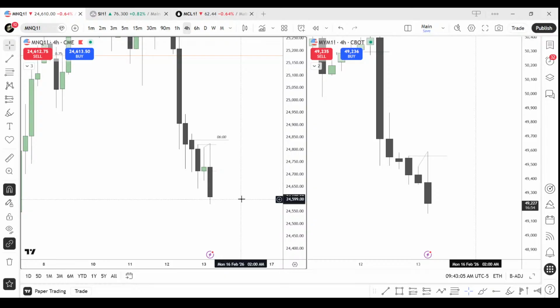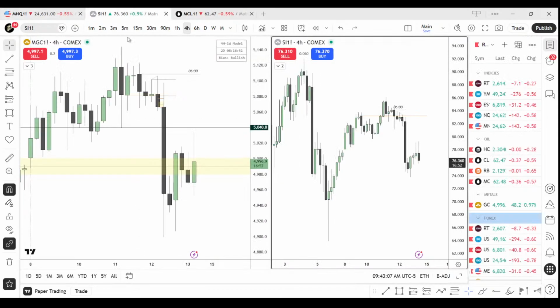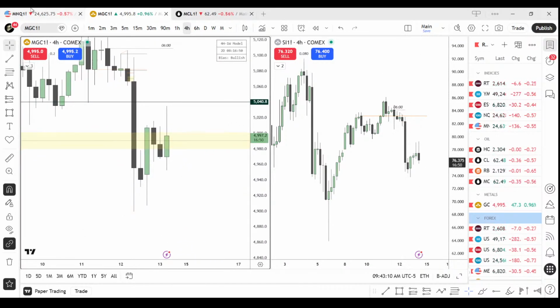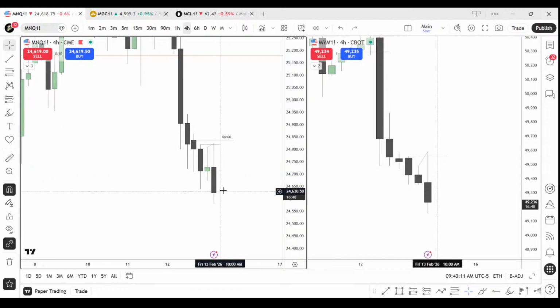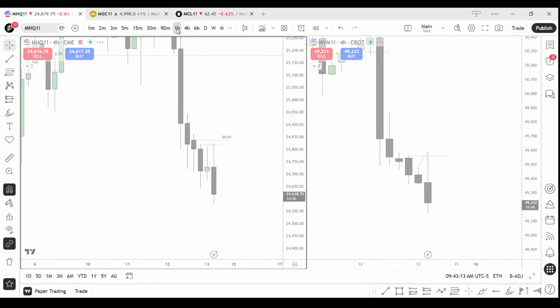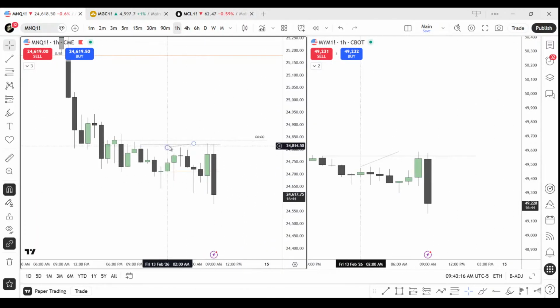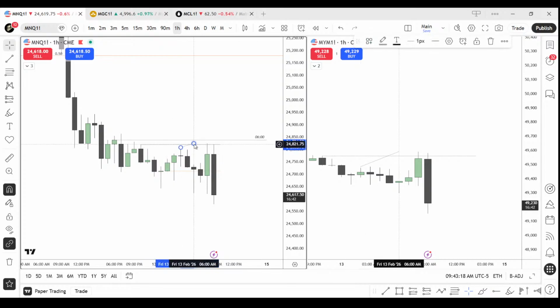Today's bias in gold is short too. I haven't yet started investing in gold, but shorts look good in gold. When it comes to the 1 hour, let's complete the indices first. Okay, we had this one stage,